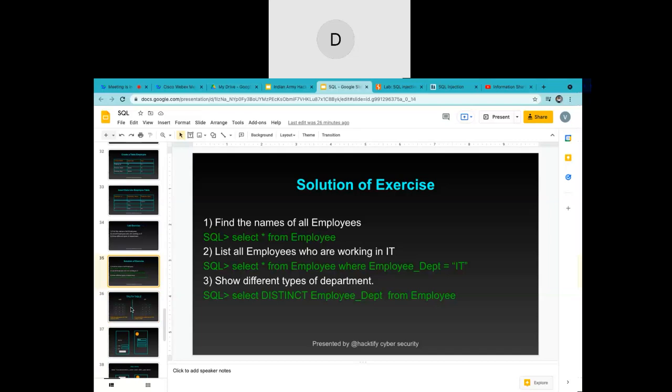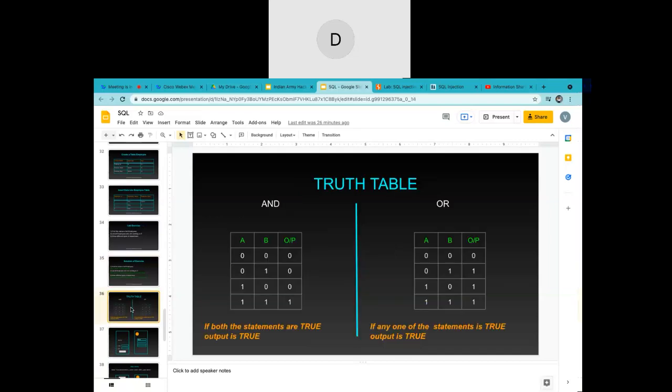Now I have this truth table. This truth table is of two operators. One is AND, second is OR. We are going to understand both of them because both of them are super useful to perform SQL injection. First is AND, which says that if both the conditions are false, I am going to output the result as false. That means in the query, if you are putting two conditions, both of them false, you are not going to get any data from the database because the query will result in false, and when you get false, you are not going to see any data in the output.